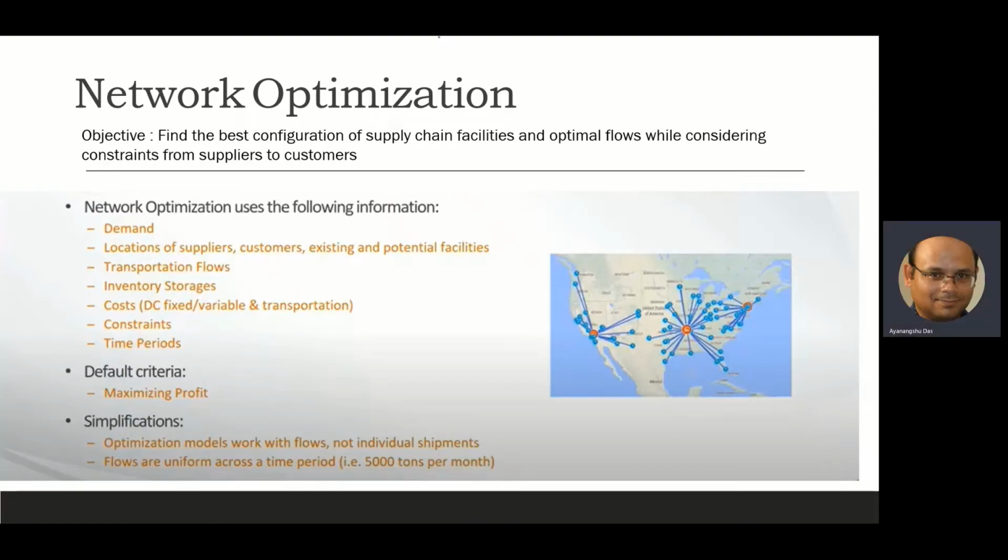The objective is to find the best optimal configuration of the supply chain, and AnyLogistix will provide an output with the optimal location of facilities and the optimal amount of product flows for each period, guaranteeing that the constraints are